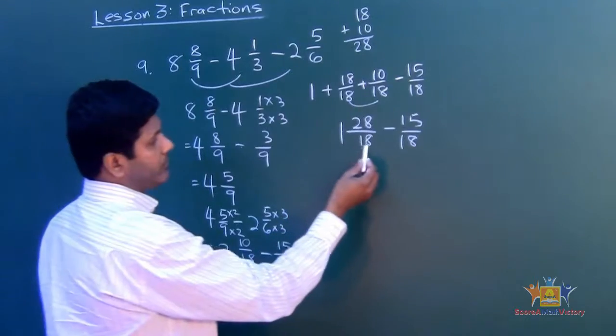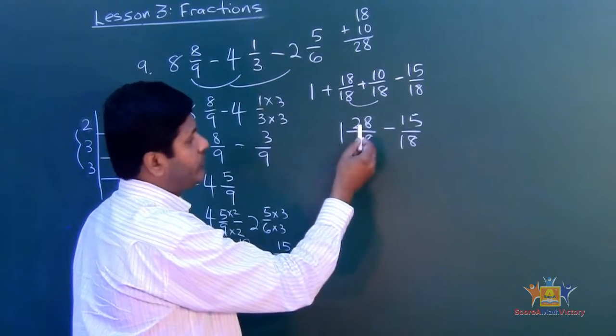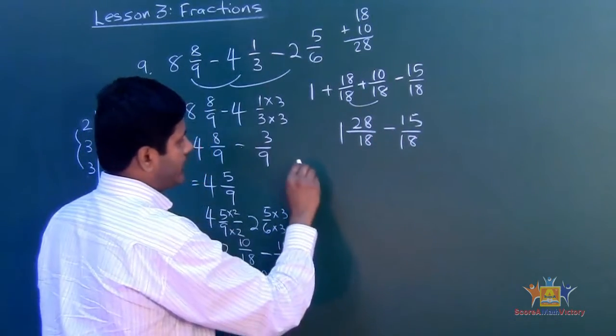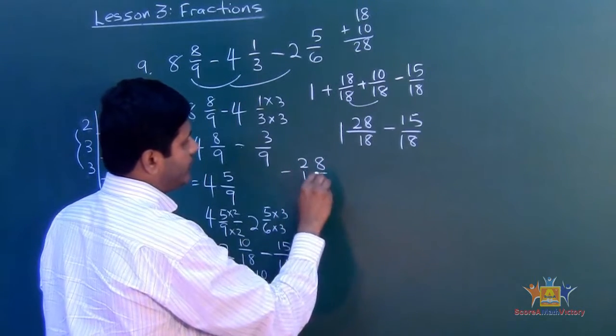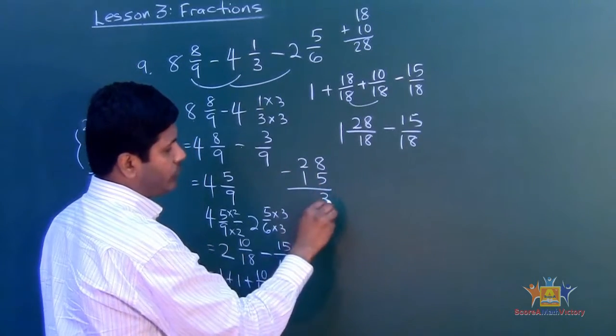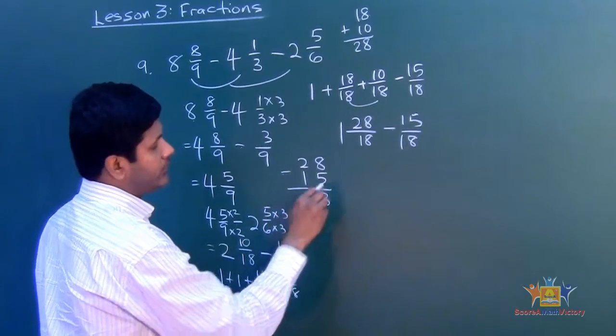So now we're going to subtract because the denominators are the same. So 28 minus 15. I'm going to take 28 minus 15. 8 minus 5 is 3. 2 minus 1 is 1. So that gives me